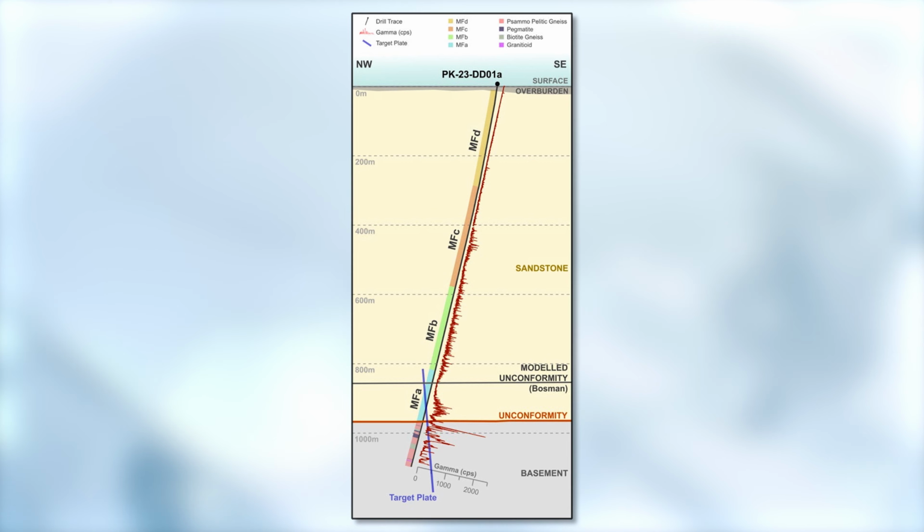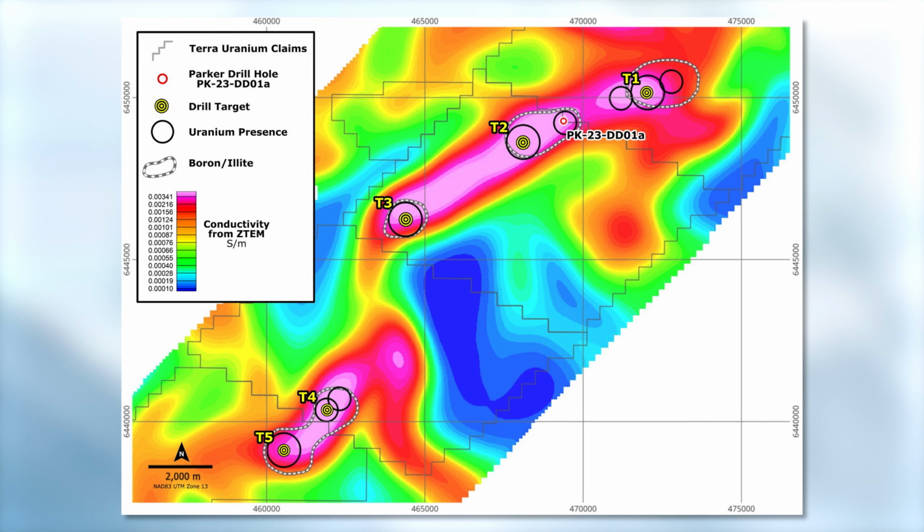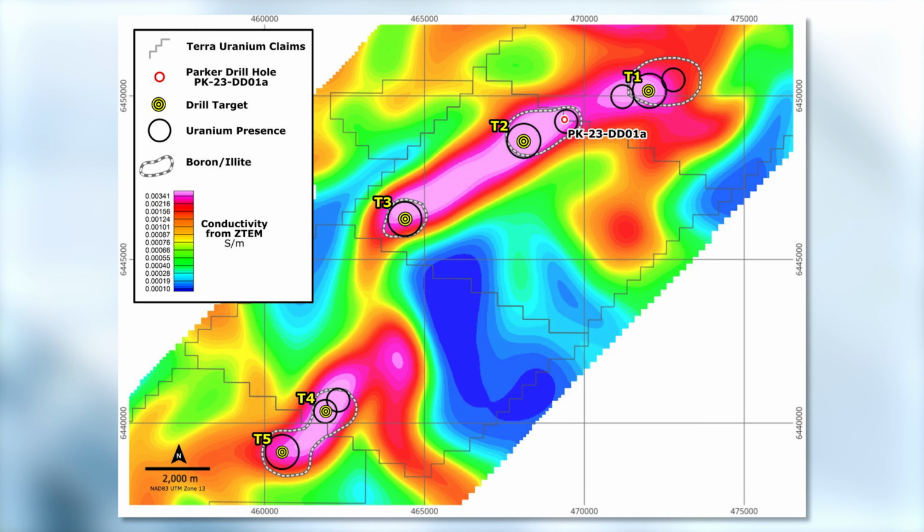So assay results are in for the maiden diamond drill hole at your Parker Lake project in the Athabasca Basin of Canada. What was returned? We've been awaiting the assays. We did announce the downhole gamma probe results in our quarterly, but we've just had the assays in. To us, they're very exciting. They're relatively low numbers, I will agree. It's not a discovery as such. We haven't found an ore body, but they're very strong indications of mineralisation, particularly uranium mineralisation, which is what we're